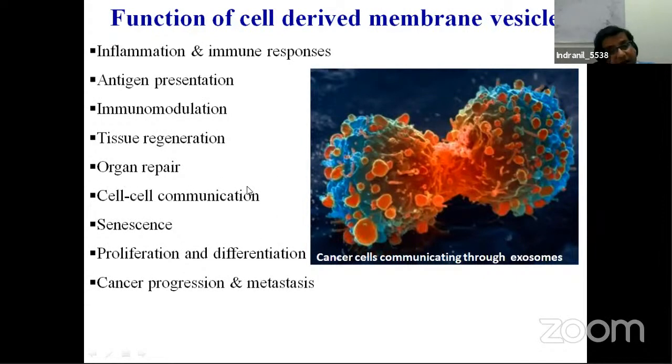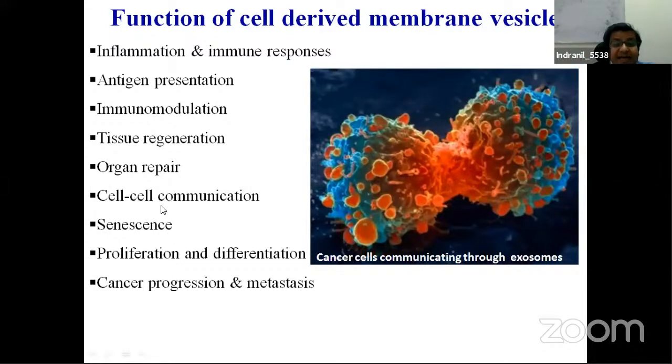It is a means of communication, these exosomes. And you will be surprised to know that through this exosome or membrane vesicle communication, cells often trace the path of migration. It is just like our old fairy tale, Hansel and Gretel, where they keep small pieces of bread to keep track of where they have moved. When a cell migrates, it keeps delivering certain exosomes on its path, and in the later phase other cells can follow the path, taking these as a clue to which direction they need to move. So these are very unique features of these membrane vesicles.